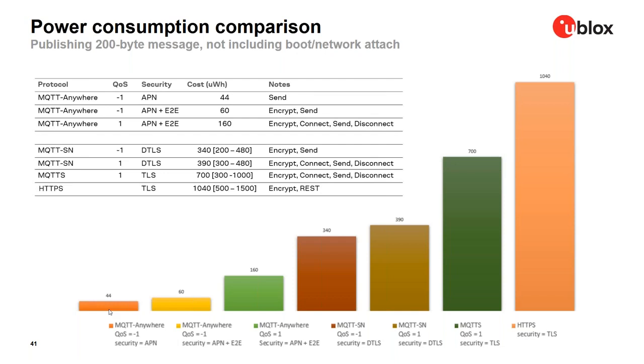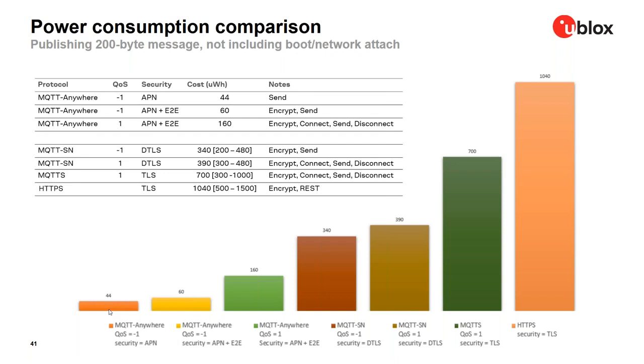Let me just highlight before going there that the security in the orange solution is based on the APN, a private APN. Just to recap, an APN is a gateway for a cellular device to enter the IP world. And having a private APN means that you are not actually going to touch the wild internet. So your data is secure.